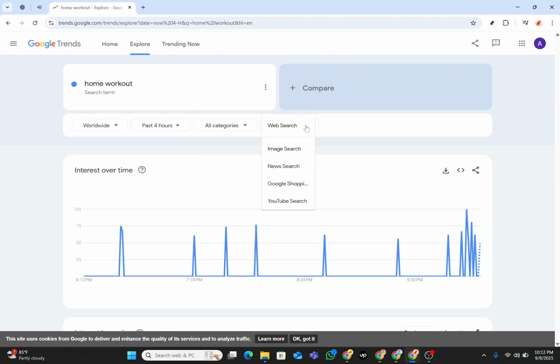Depending on what you're investigating, you can filter results by web, image, news, shopping, or YouTube searches. Each type might give you a different perspective on how the keyword is being searched and in what format it's most popular. Once you have all your settings configured, you can now view all the information